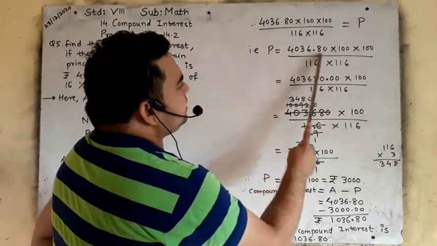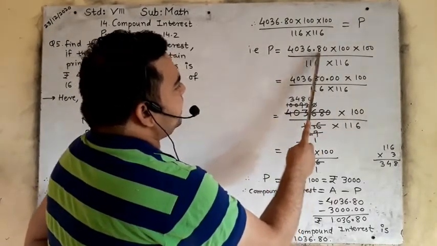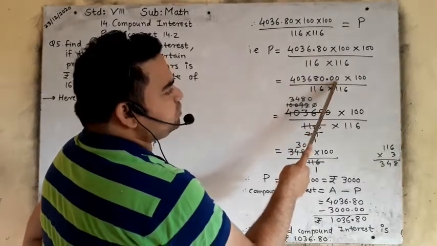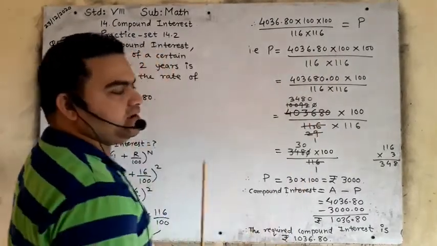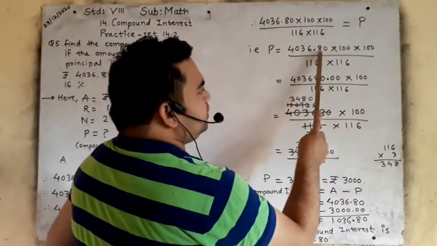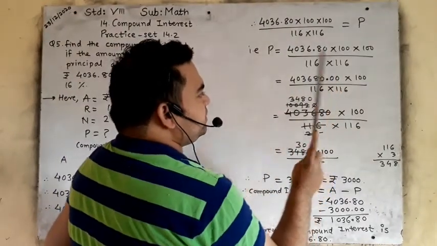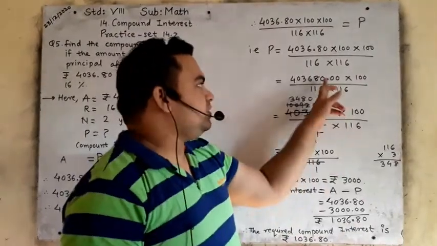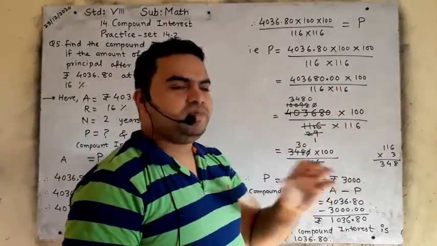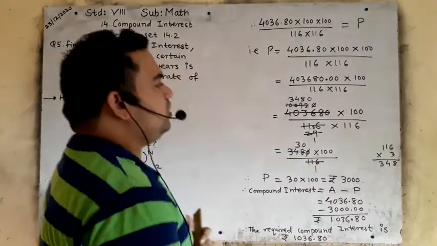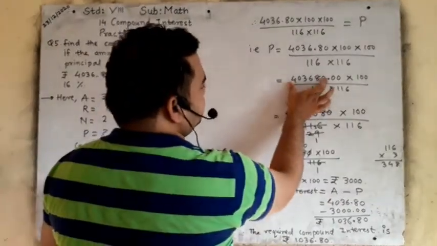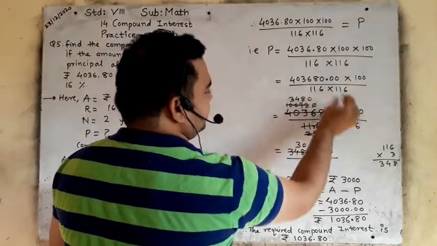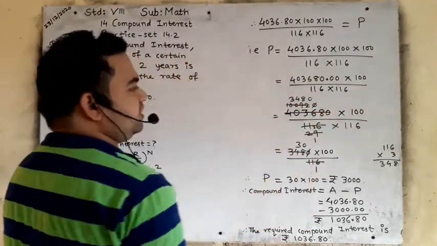First we will multiply these two numbers. 0.80. इसके आगे 2 0 बढ़ेंगे, right? 2 0 will increase because they are multiplying by 100. So 2 digit after decimal point, यानी decimal point after 0 0 यानी nothing. Decimal point after, if there is a 0, it means we will not write that 0. So we will write this much portion only, 403,680 here. Multiply by this 100 and upon 116.